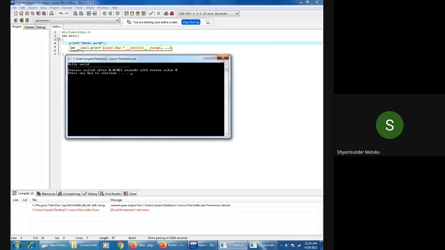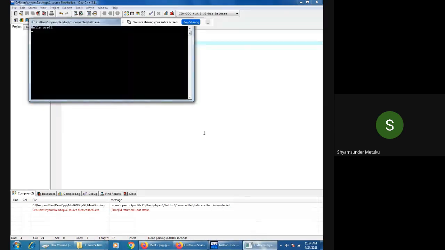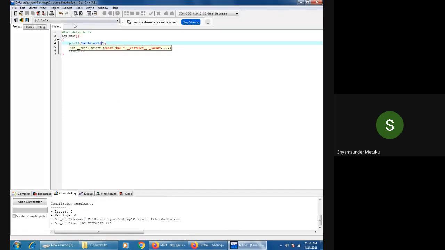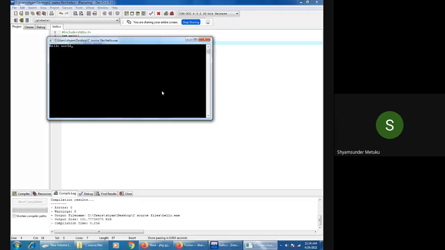Not this one, not this, also not correct. Let me execute again. Where is the cursor blinking? In the same line.